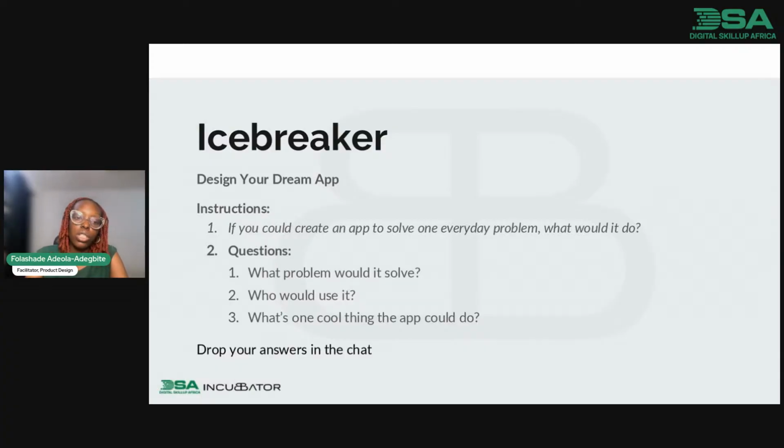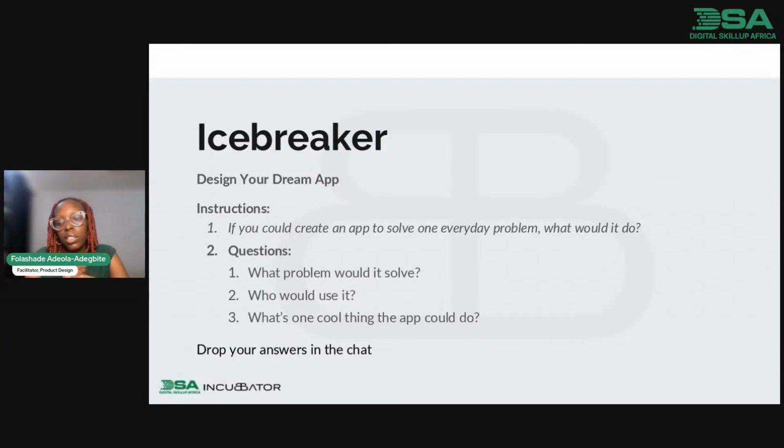Who is your target audience? And what's one cool feature the app could do? So let's quickly have our icebreaker. I want us to drop our responses in the chat.